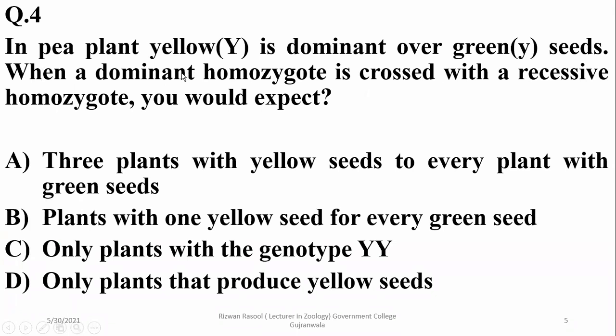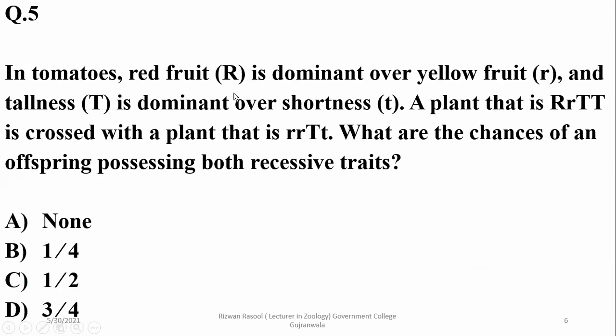In pea plants, yellow is dominant over green seeds. When a dominant homozygote is crossed with a recessive homozygote, you would expect a dominant phenotype. Homozygous capital Y is crossed with homozygous small y. Obviously, we'll get all plants with yellow seeds because capital Y is completely dominant over small y. So delta. Number five: in tomatoes, red fruit, capital R, is dominant over yellow fruit, small r,